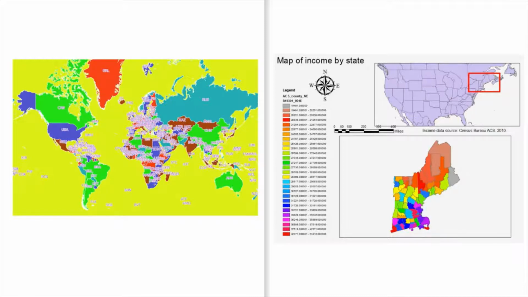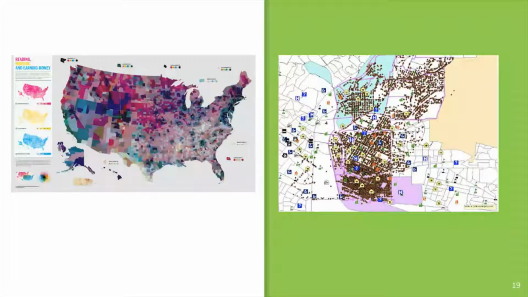So both these maps are not very good examples. All right,